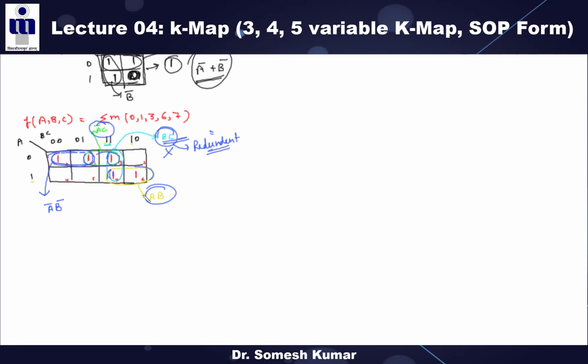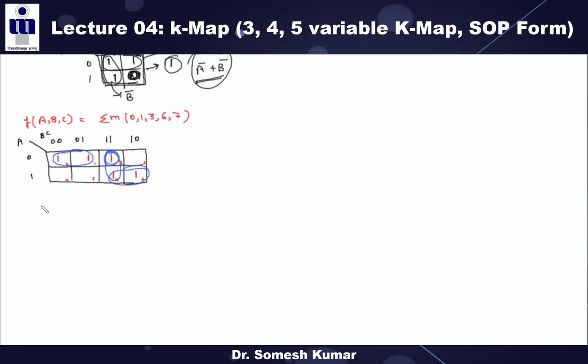And what is the second possible way? That's why I told you multiple solutions are possible, right? So what is the second way? See, now the second possible pairing is, this one pair we can pair this thing, second we can pair this thing, third we can pair this thing. This pair also we can ignore. This is your redundant term. So now it will give a different solution, but both solutions are correct, right?